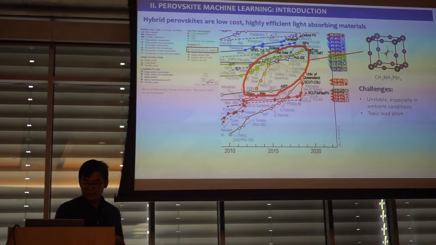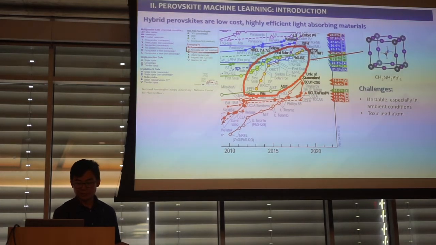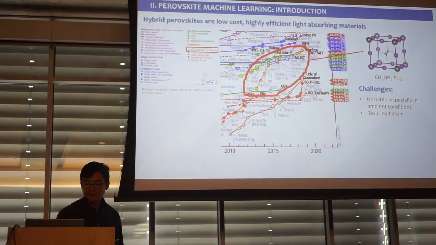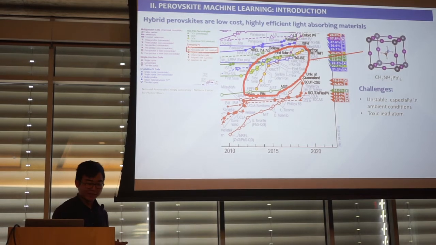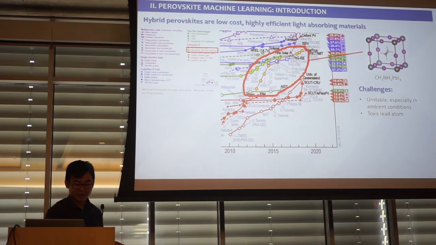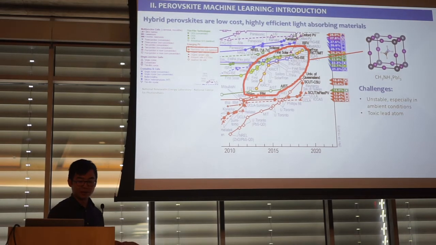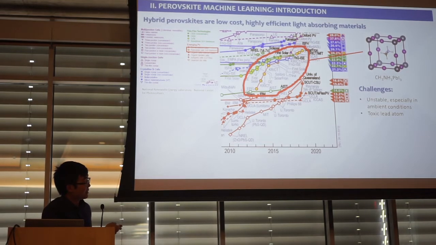And so there's a lot of interest in these materials, but despite the very strong performance in just a very short period of time, there's still a number of challenges that have yet to be addressed. Mainly, the material is intrinsically unstable, especially in the leading perovskite compound. If you just run the solar cell device for a period of time, you'll see the performance drop significantly in just a short period of time. There's also some concerns about the lead atom, because typically lead is very toxic towards people,